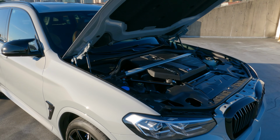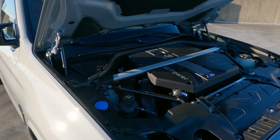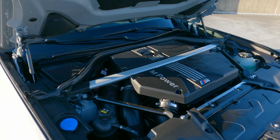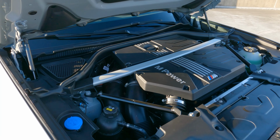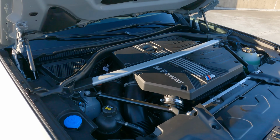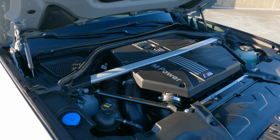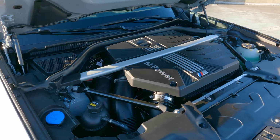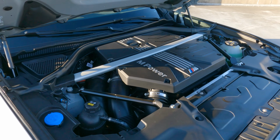All right, y'all, so let's go ahead and take a look at this gorgeous S58 motor. This is everything BMW learned from the S55, and that was the motor that was in the previous generation M's. So that's the F80, the F82, and they've taken all that knowledge and they've made it better, they've iterated, and you have the S58 motor. And this really is that next generation M motor. You're going to see this in this car, the X4M, the new M3, the new M4,